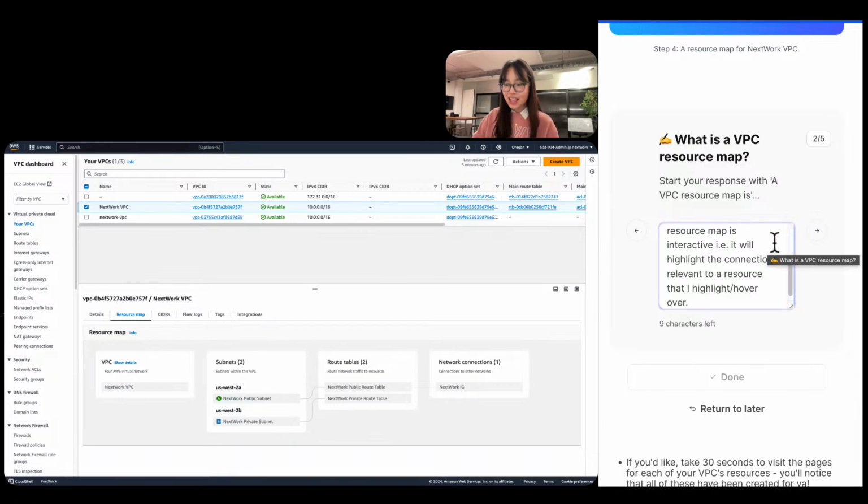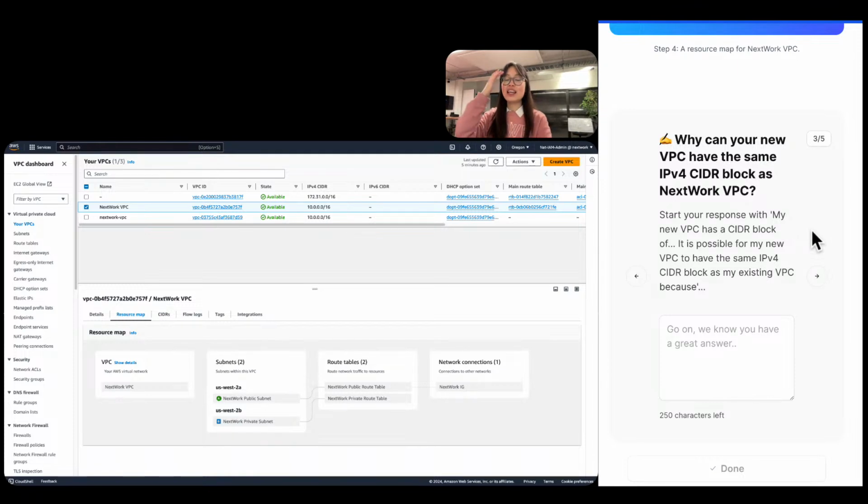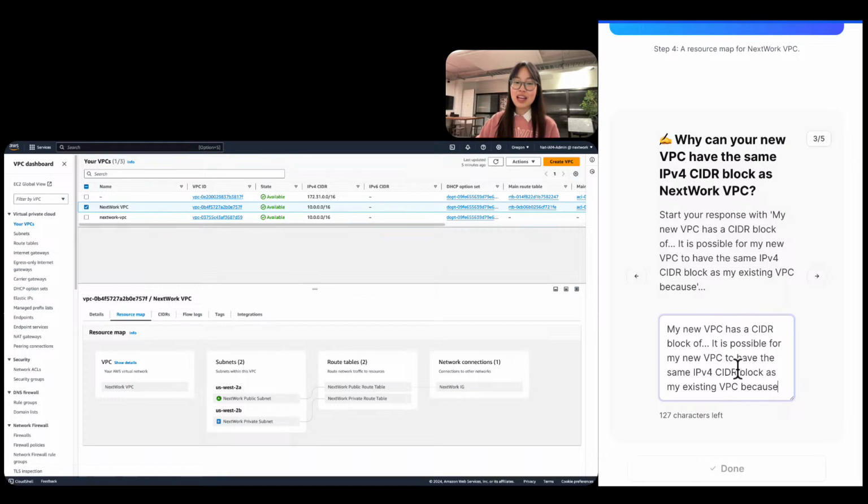So that's awesome. Let us click next and check out why your new VPC can have the same IPv4 CIDR block as network VPC. This one's a really good one, and this is something that we addressed at the start of this step, so I hope you still have a bit of an inkling around the reason for this. Let's talk about it. My new VPC has a CIDR block of 10.0.0.0/16. It is possible for my new VPC to have the exact same IPv4 CIDR block as my existing VPC, network VPC,